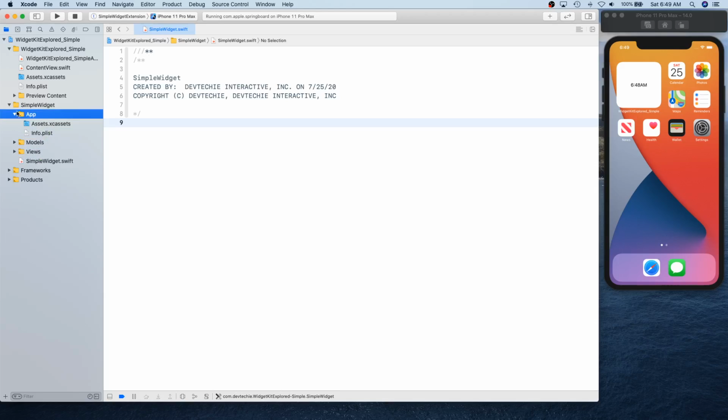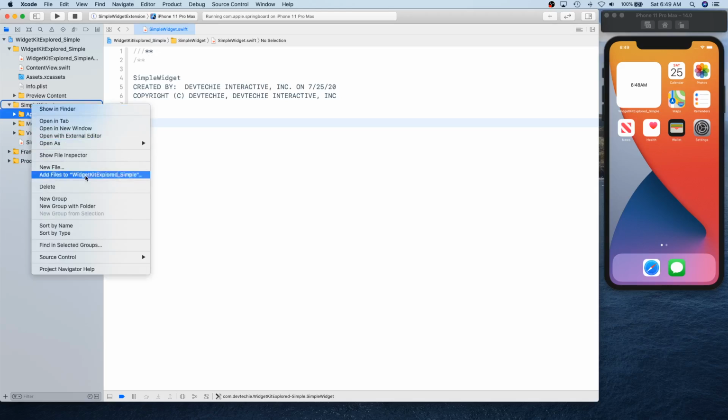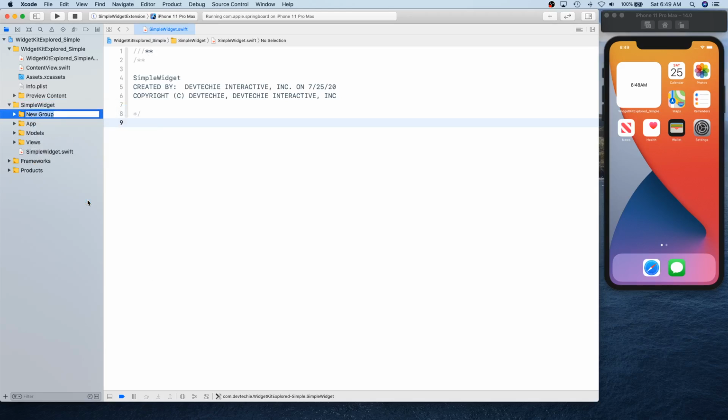And I'm gonna create one more that's gonna be widget. So all widget related stuff is gonna go inside, and I'm gonna put simple widget inside that. So let me put this at top. Okay, awesome.